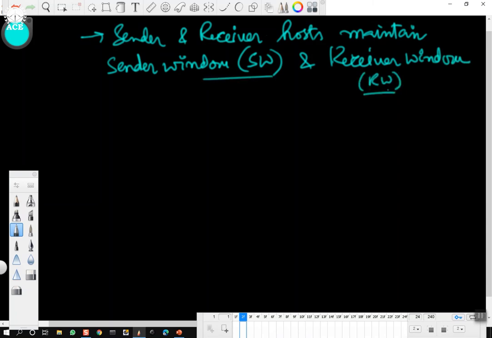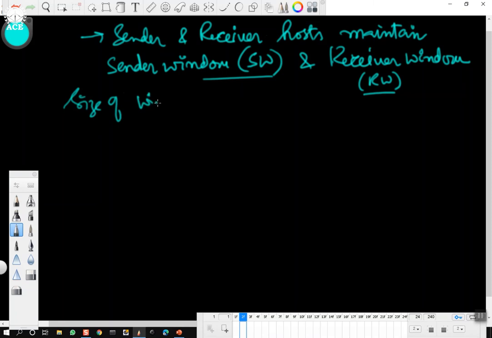This sender window and receiver window will enable the source host and the destination host to know what frames it is supposed to send and what frames it is supposed to receive.